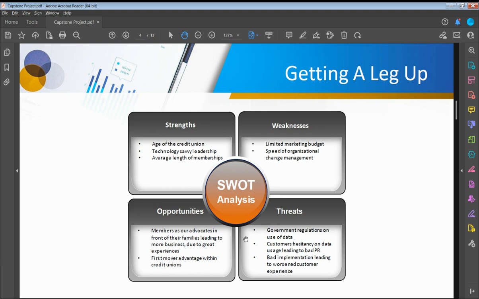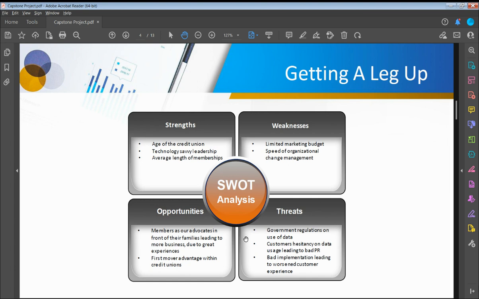Now, we have here a SWOT analysis which talks about the strengths of credit unions. As you can see, one of the strengths of the credit union that I'm working for is its age, which is more than 70 years, 75 years, and that's why it has a huge customer base. It has a length of customer experience, multiple years of experience with its old customers, that provides it with a lot of data.